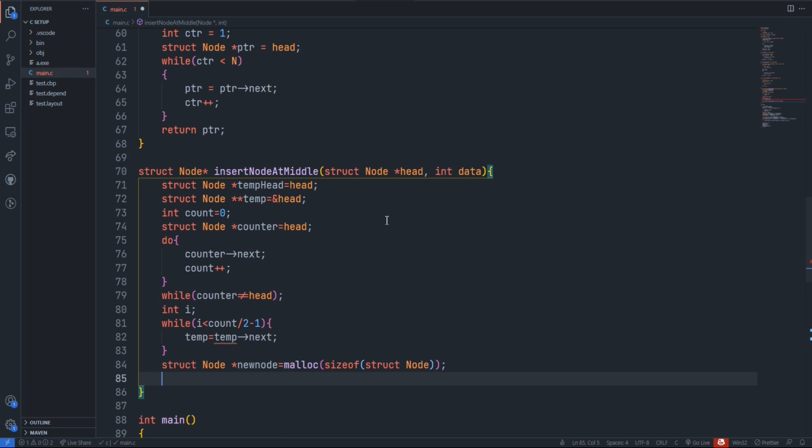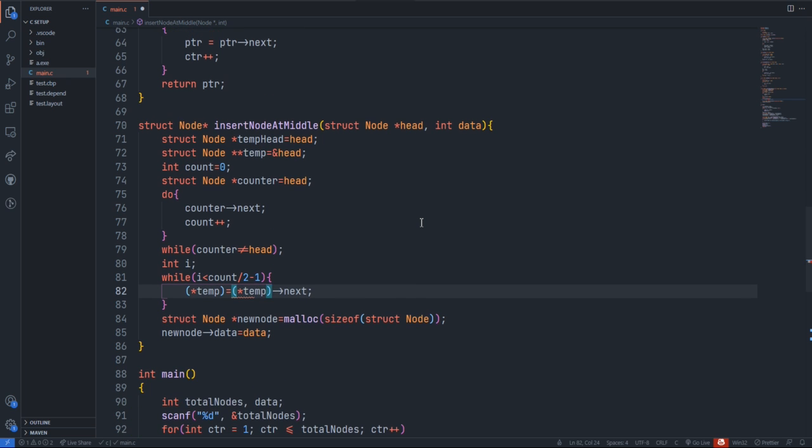So if we do that, we just created an empty node, and that node should contain the given data. New node of data equal to what data. Since this is a double pointer variable, we just need to specify it like this, otherwise it won't execute or it will do some garbage thing.